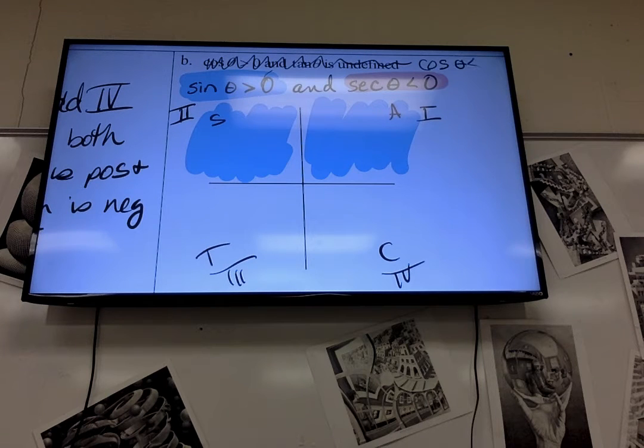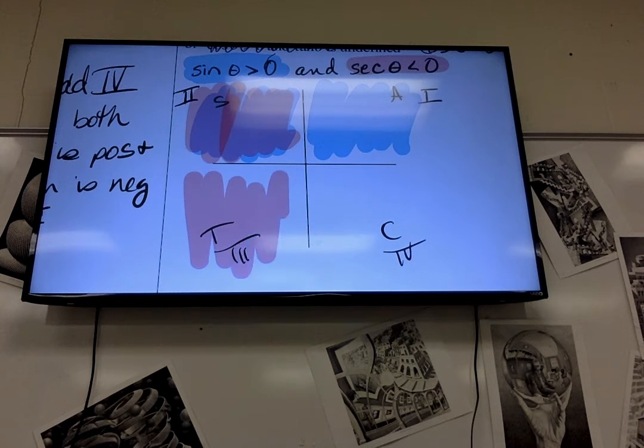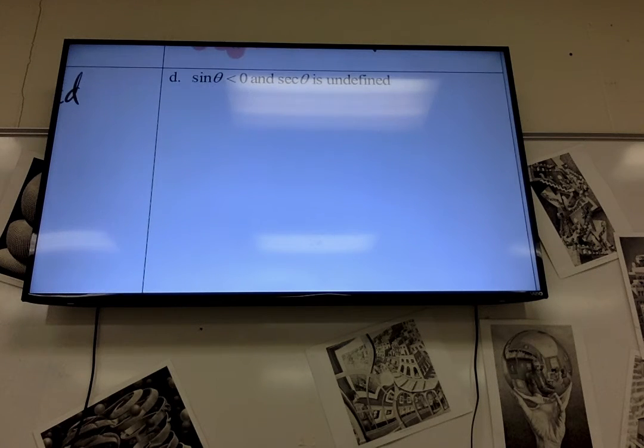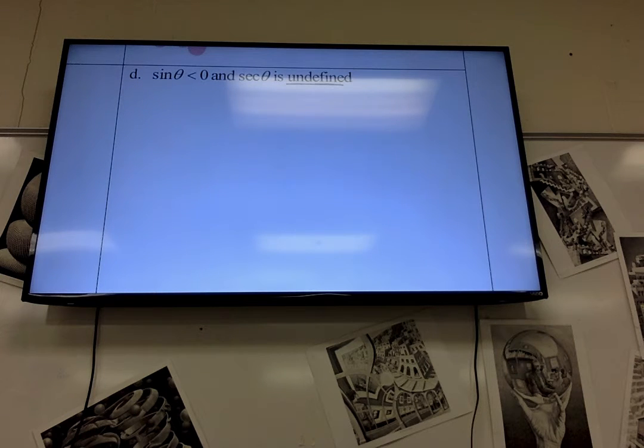So we're looking where cosine is negative. And in which quadrants is cosine negative? 2 and 3. Cosine is negative in the second one, because it's not a C. And in the third one, it's not a C. So they overlap, sure enough, here in 2. Makes sense. Okay, the last one that we're going to talk about here is when it says undefined, or